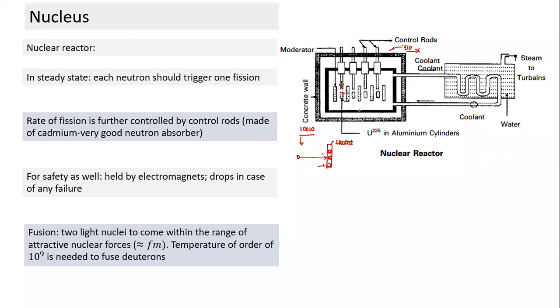This is how it operates. The key elements here are a uranium rod, a moderator, and a control rod. Each has a certain role. Sometimes you might have read that a nuclear reactor has gone critical. What does critical mean? Initially, when we start a reactor, we want it to be more than one.